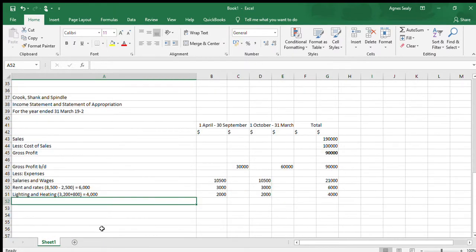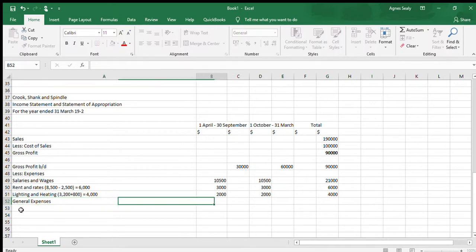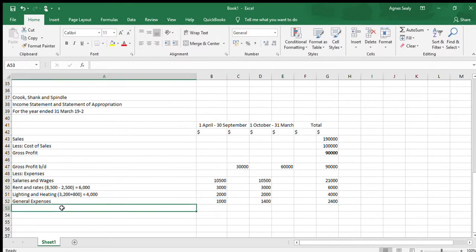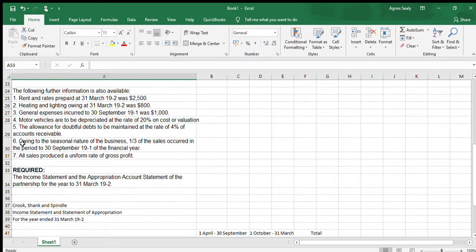So we have our general expenses, and they specifically said that $1,000 was incurred during this period, and then the other $1,400 will be incurred for the next period. After our general expenses, we have our